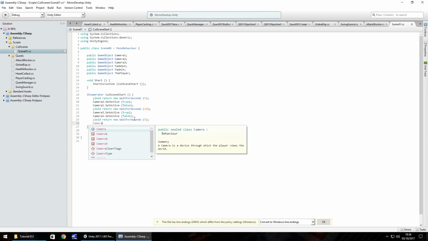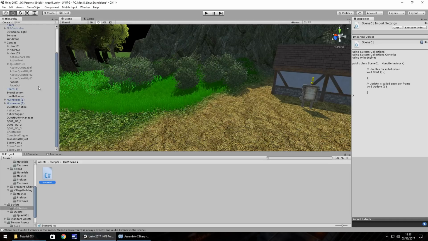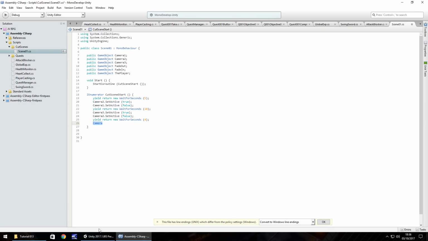And at that point, in fact, what I think we'll do is we'll actually wait for 4 seconds, and then we will start the fade in. Is that right? That is right, isn't it? So the, just trying to think. No, fade out we need, don't we? So fade out dot set active true semicolon,